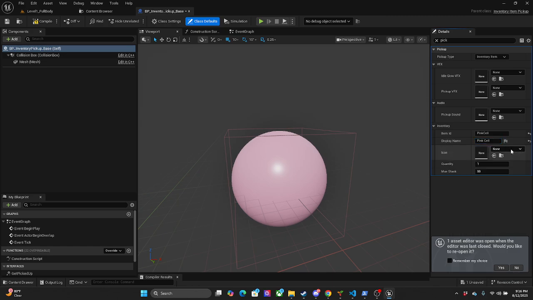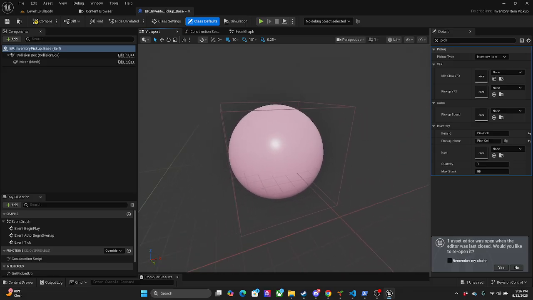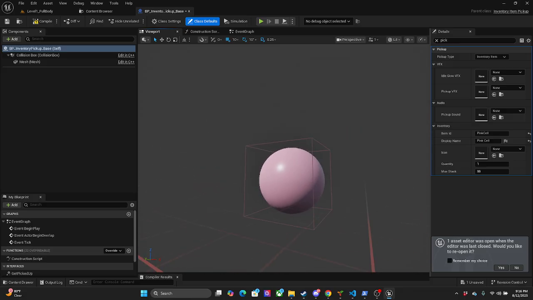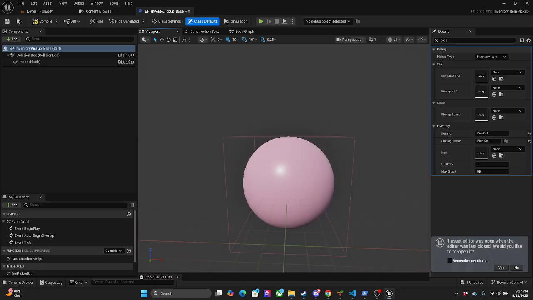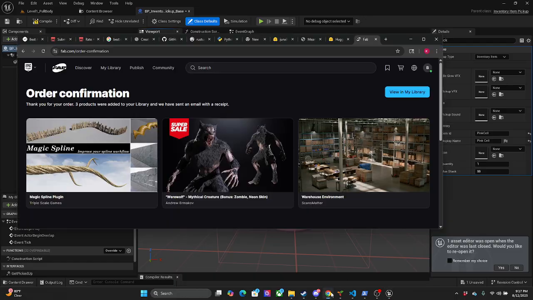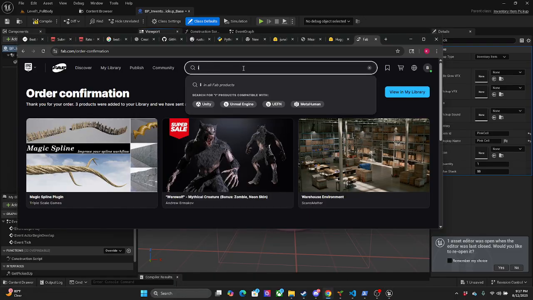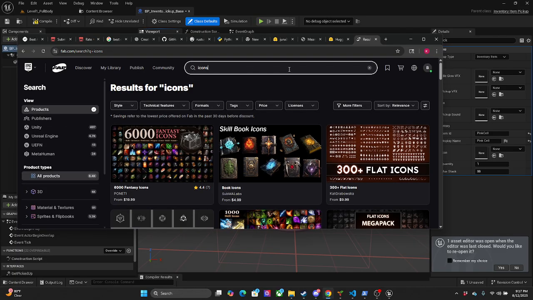I need an icon. I usually do use render targets and do things special here, but we're just going to see if Fab has anything.